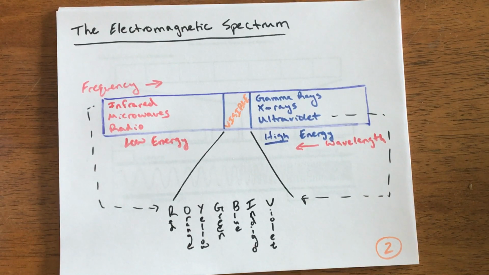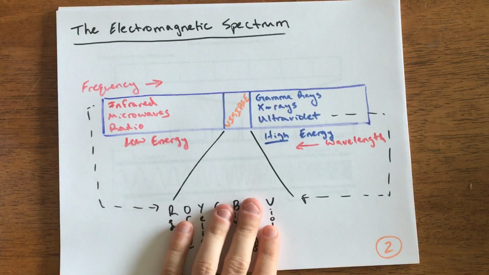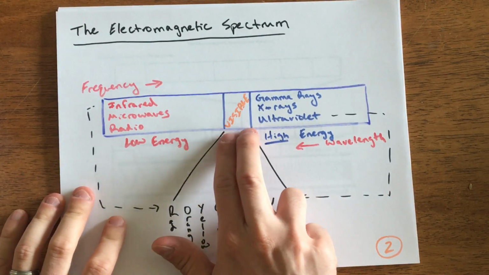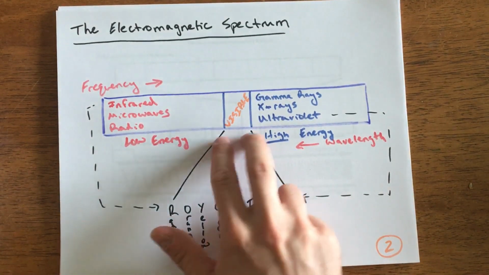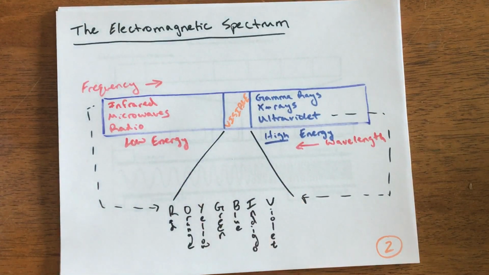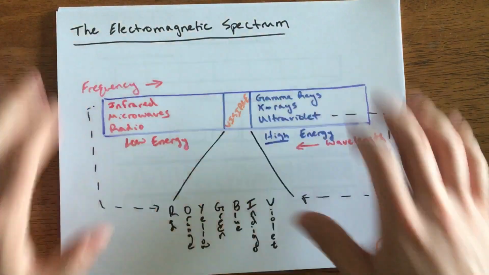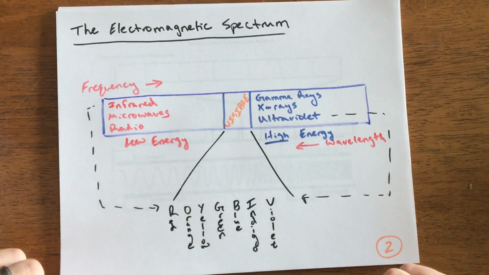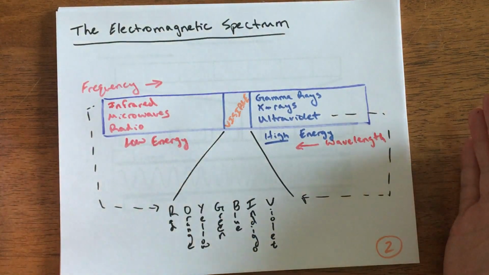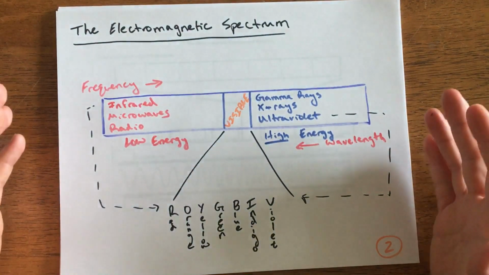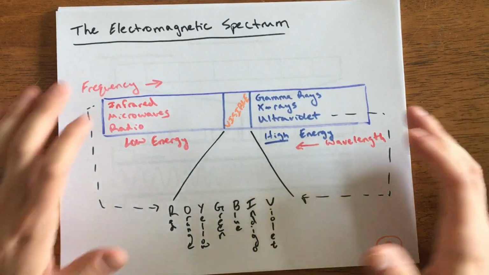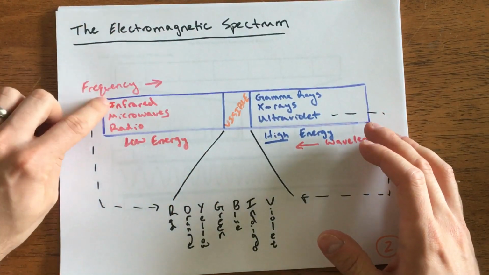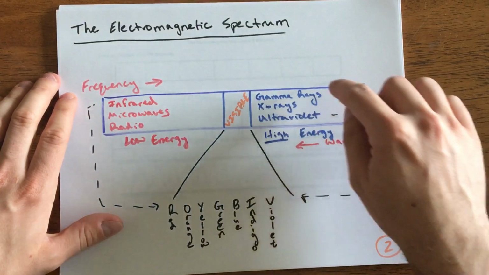The interesting part of this is that all these different things are just different versions of the same type of thing. They're all electromagnetic waves, but this small set, and this is not to scale, this should be much smaller, is only a very tiny portion of that spectrum we can see. Now, we can sense a lot of these other ones using technology or other means, but this is the anatomy of the electromagnetic spectrum. We have low energy types of waves over here with our infrared, microwaves, and radio, and we have high energy gamma rays, X-rays, and